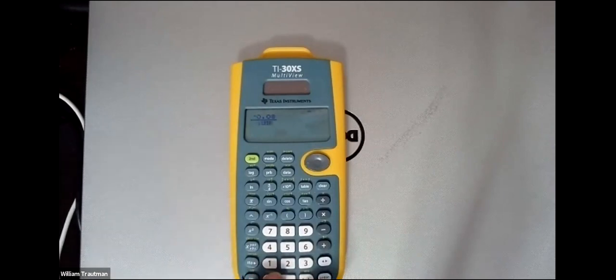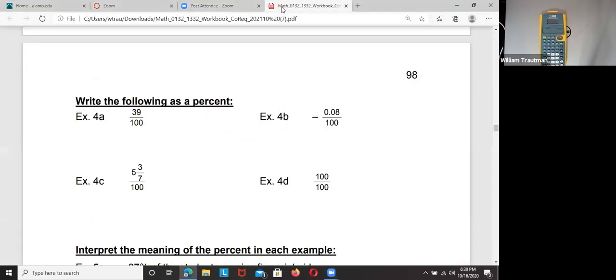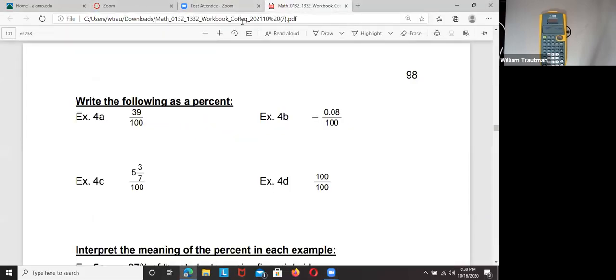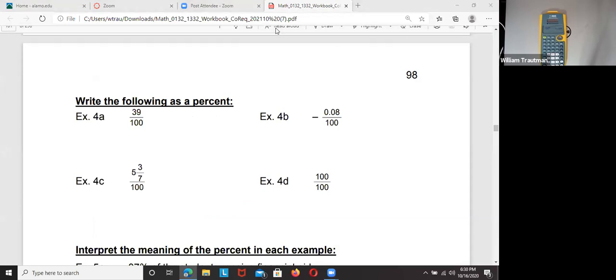Divided by 100 is equivalent to the decimal. So that's my decimal equivalent. So my decimal equivalent after I put that into the calculator is negative